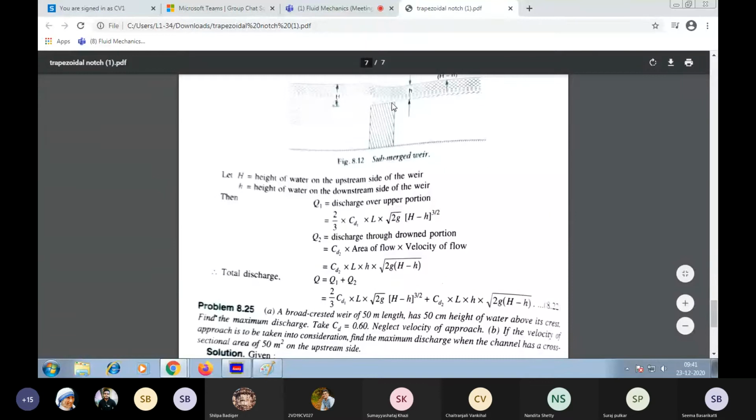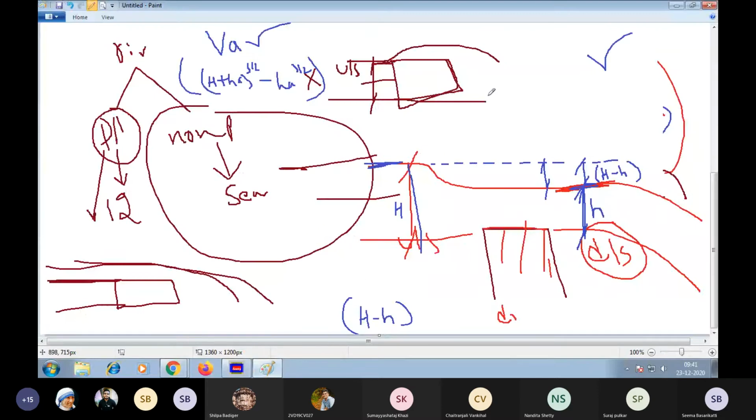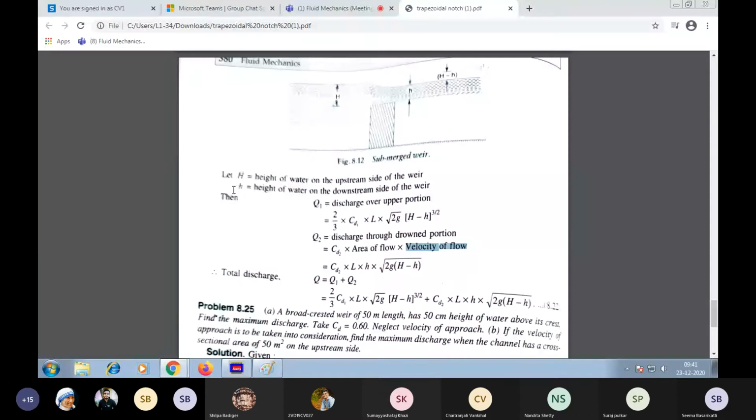Now, how is the surface of the weir looking? It is a rectangular surface. Apply the area of a rectangular surface, that is L into h, length into height, multiplied by the square root of the velocity of flow, that is 2g. Whenever taking the equation for velocity, we used to write 2gh. But here in this case, we are going to take 2g into H minus h. So this equation holds good only for submerged or drowned conditions.